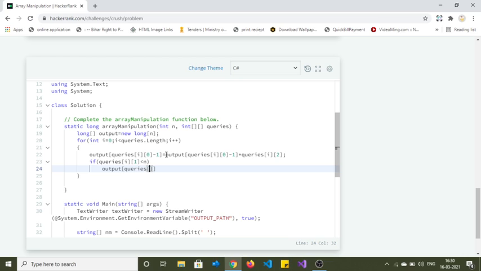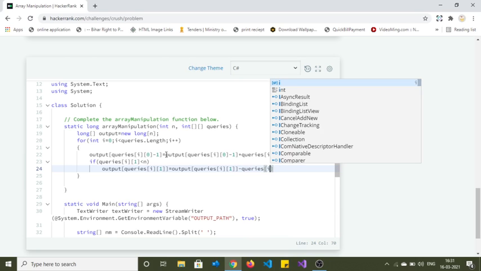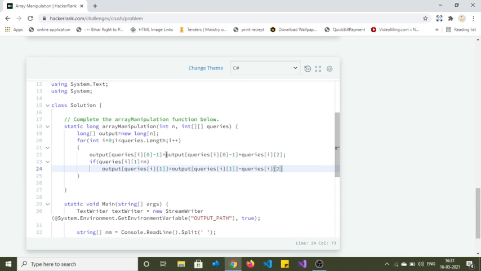Queries i and the next index, 1, which is the last index, is equal to output queries i and 1 minus query i and 2.